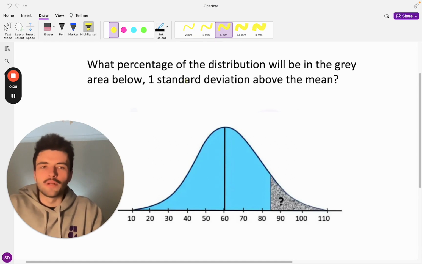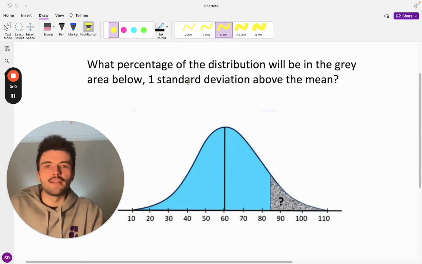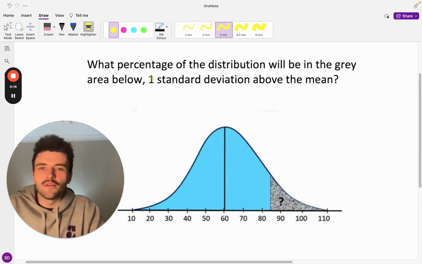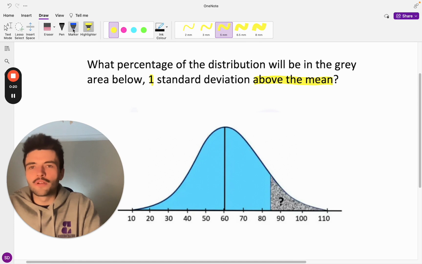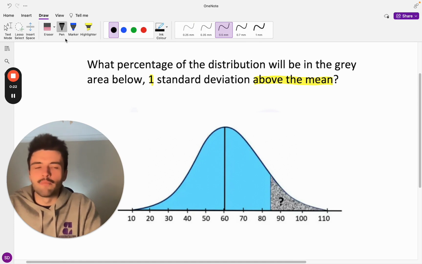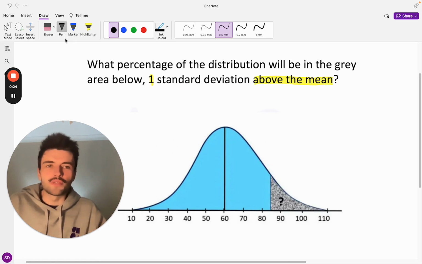So here we have a nice question on the standard distribution, and we're simply asked what percentage of the distribution is going to be in this grey area, one standard deviation above the mean. So we've got a picture here to help us out. And so what we're going to do to address this is just remind ourselves of the rule for standard deviations,